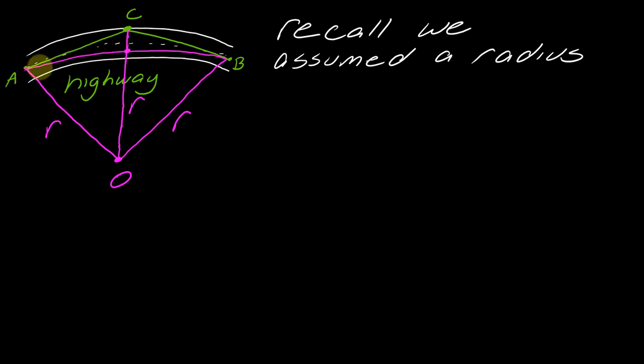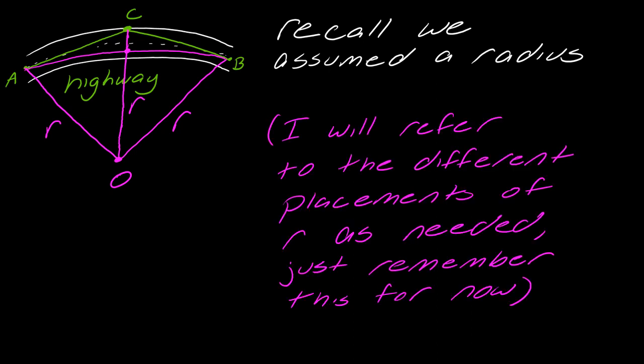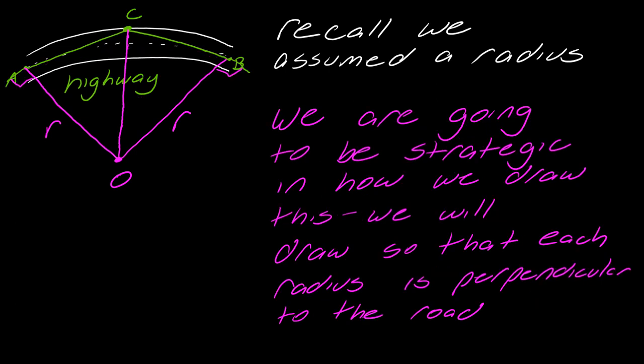So here's that circle, and that's how it's going to extend, okay? All right, let's keep that in mind. I'm going to refer to different placements of where this radius is, depending on what I'm asking for in the problem. All I want you to remember right now, and I'll continue to label this and remind you, is that there is the circle here, so we have these different options for the radius. Okay, so